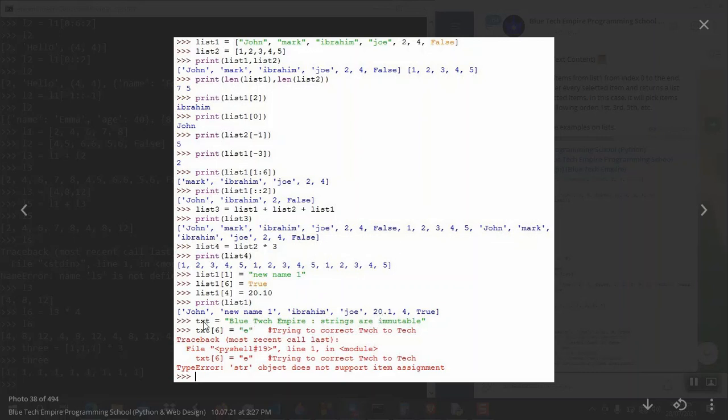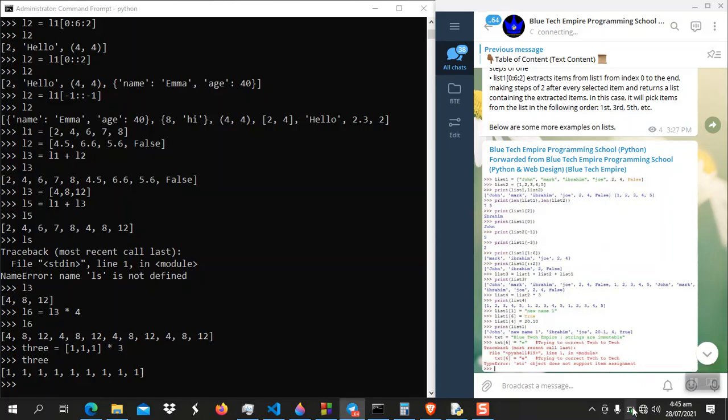So we have text equals blue tech empire. We can extract items using index. The sixth item is this, but you see we can't change the sixth item because strings are immutable while lists are mutable. So I just wanted to show you that. Now, the next thing I want to show you before the end, because we are running out of time for this video,